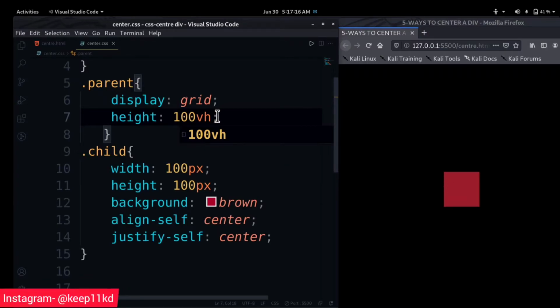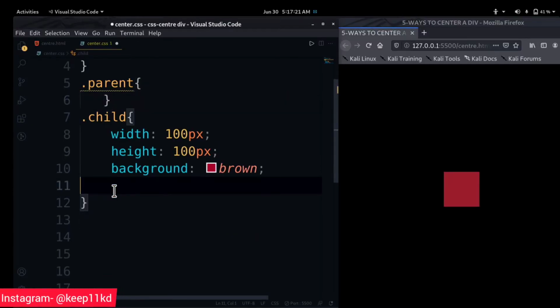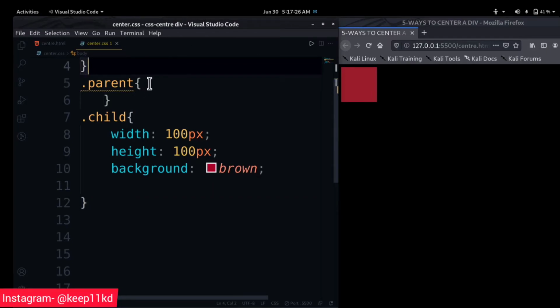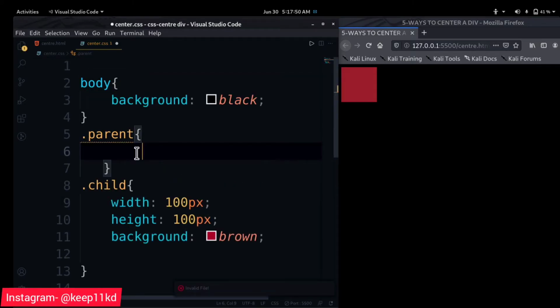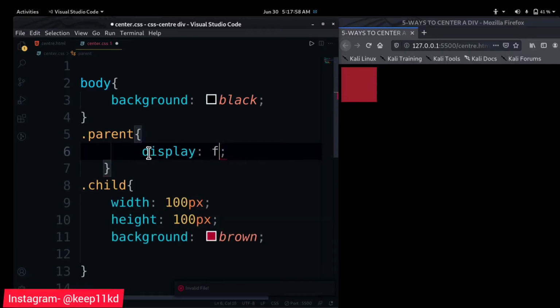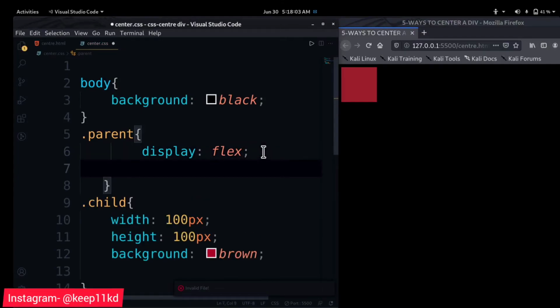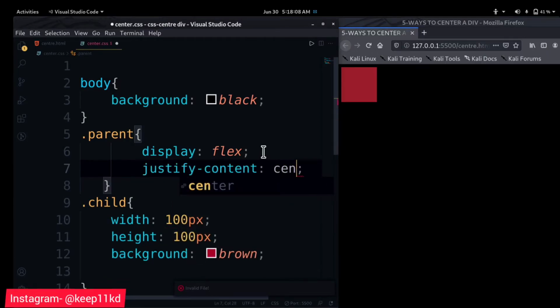Let me show you the third way. Let me remove this whole thing. The third way is the flexbox property. First we have to give the display property as flex. Save, and then justify-content has to be center.